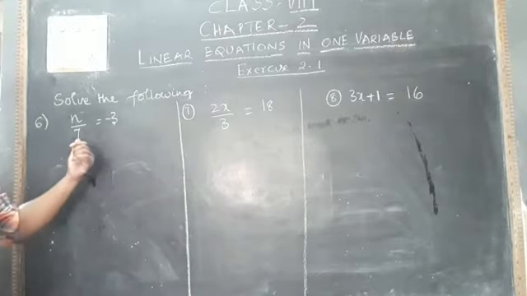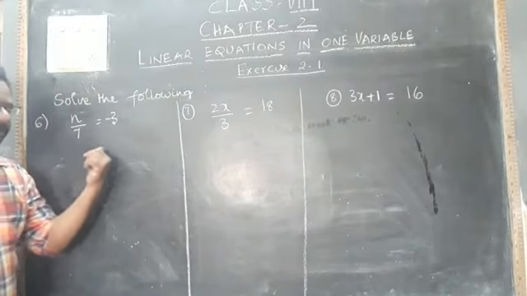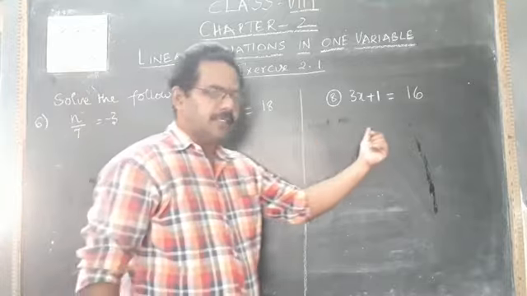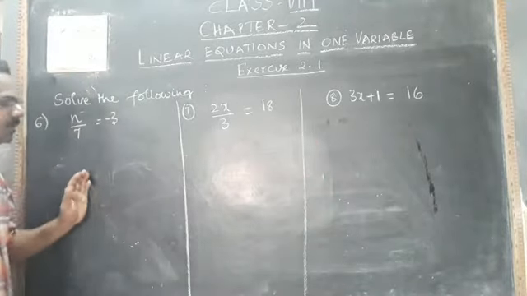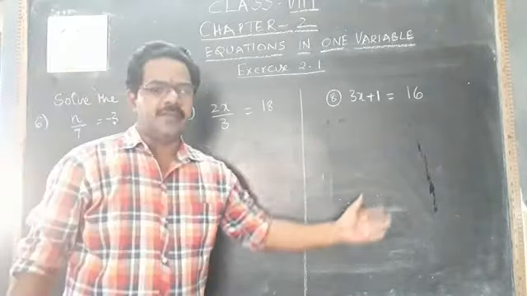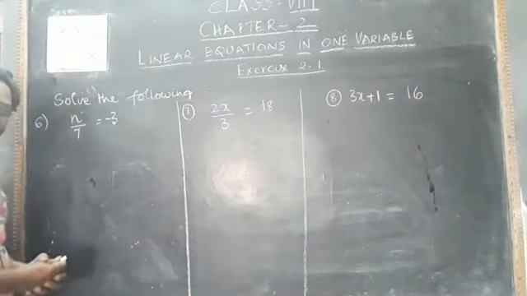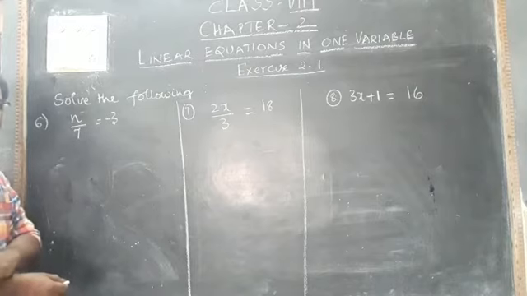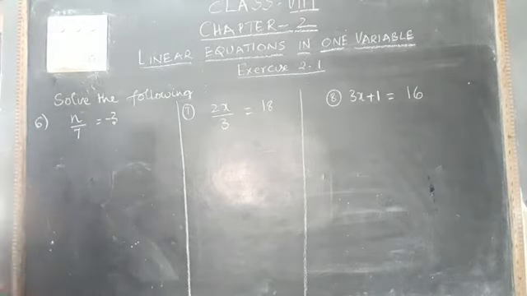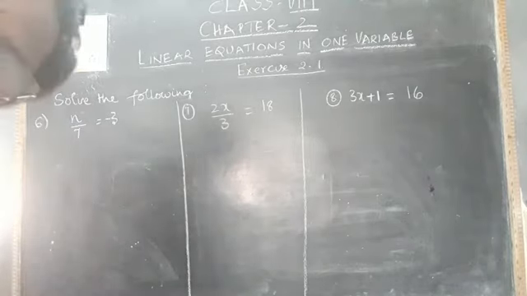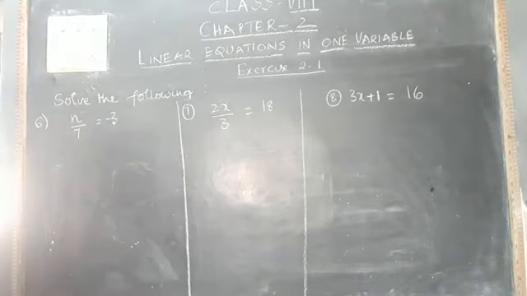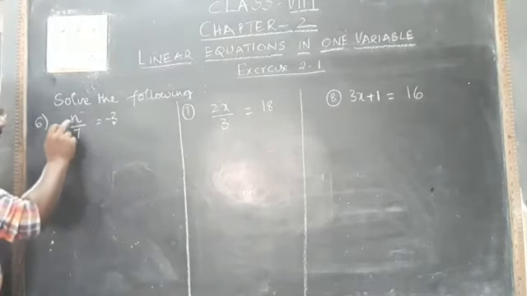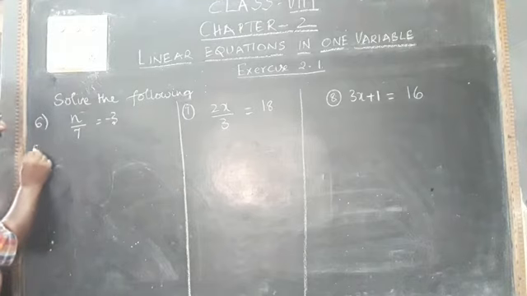Now, the sixth sum I am giving you here, seventh sum and eighth sum. Okay, 6, 7, 8, these are three different models. So this also we shall do. Sixth one is n by 7 is equal to minus 3. n by 7, n divided by 7, coming to the solution.